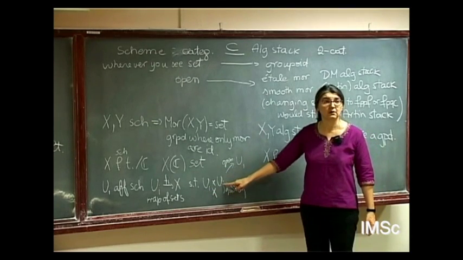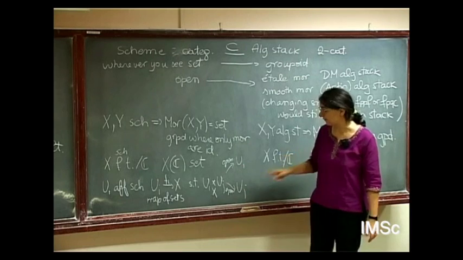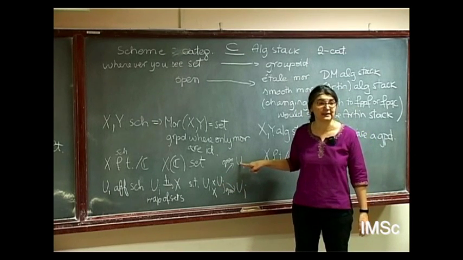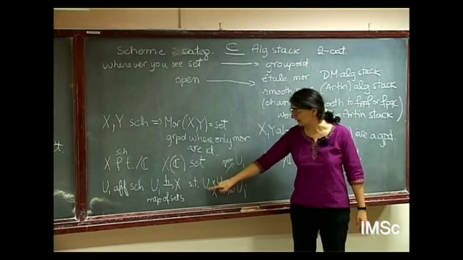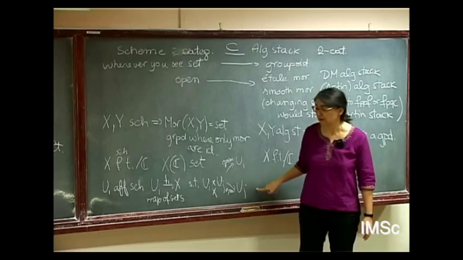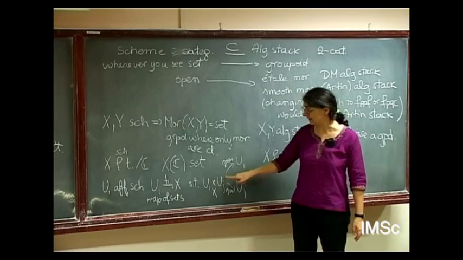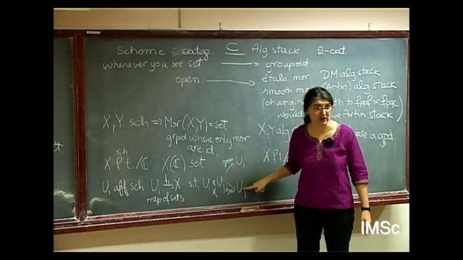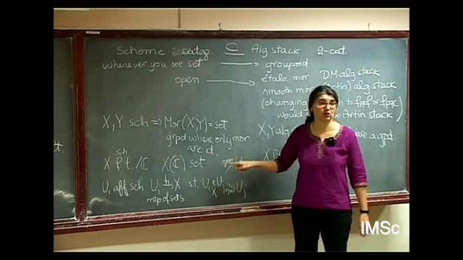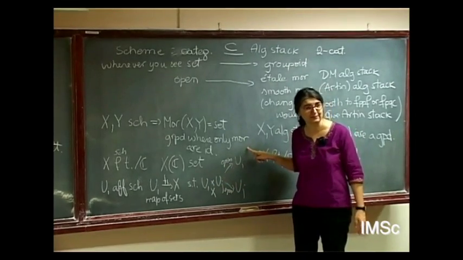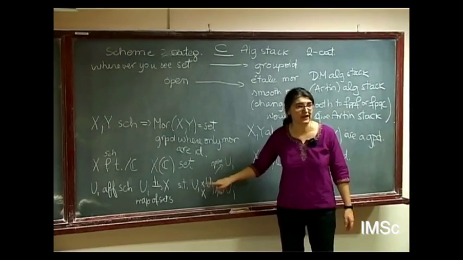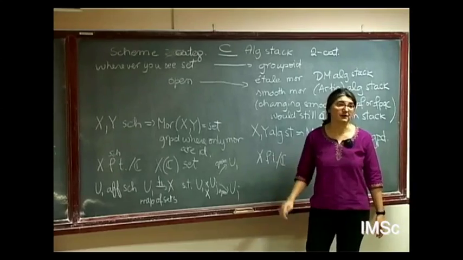No, it isn't, but it becomes a topological space if I insist that this is an open embedding. What I'm saying is that this has a map to Ui and a map to Uj, and what I ask is that this is injective, so this gives it not only a topological space structure but a scheme structure as an open subscheme of this. And it also gives it a scheme structure as an open subscheme of that, and I insist that they are the same.